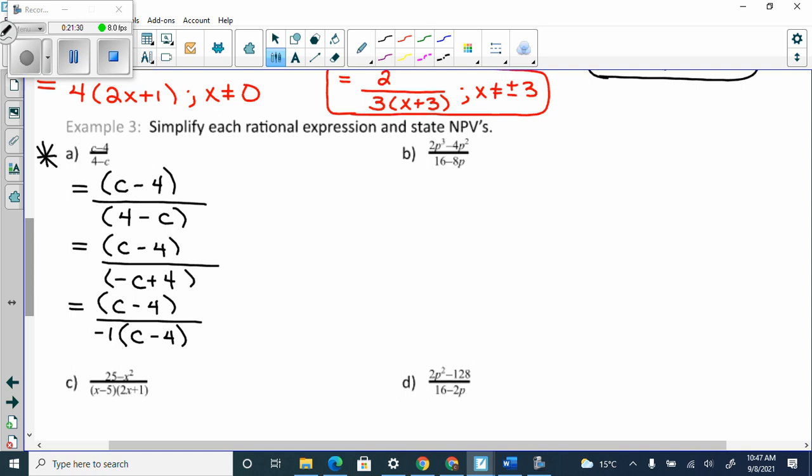Make lemon? And PVs. So we're going to go c minus 4 cannot equal 0. Add my 4 over. A whole bunch of people were right. You all said restrictions and non-permissible values and PVs. So c cannot equal 4. I've stated my non-permissible value. I'm happy. Now I can do what? Cancel. And when I cancel,